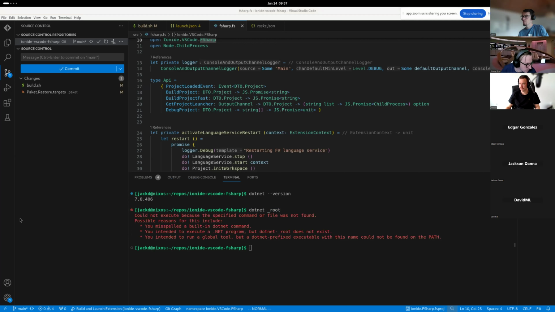I think you just use export and make a variable. So export DOTNET_ROOT equals whatever the path is for .NET currently. All caps, uppercase, yeah.